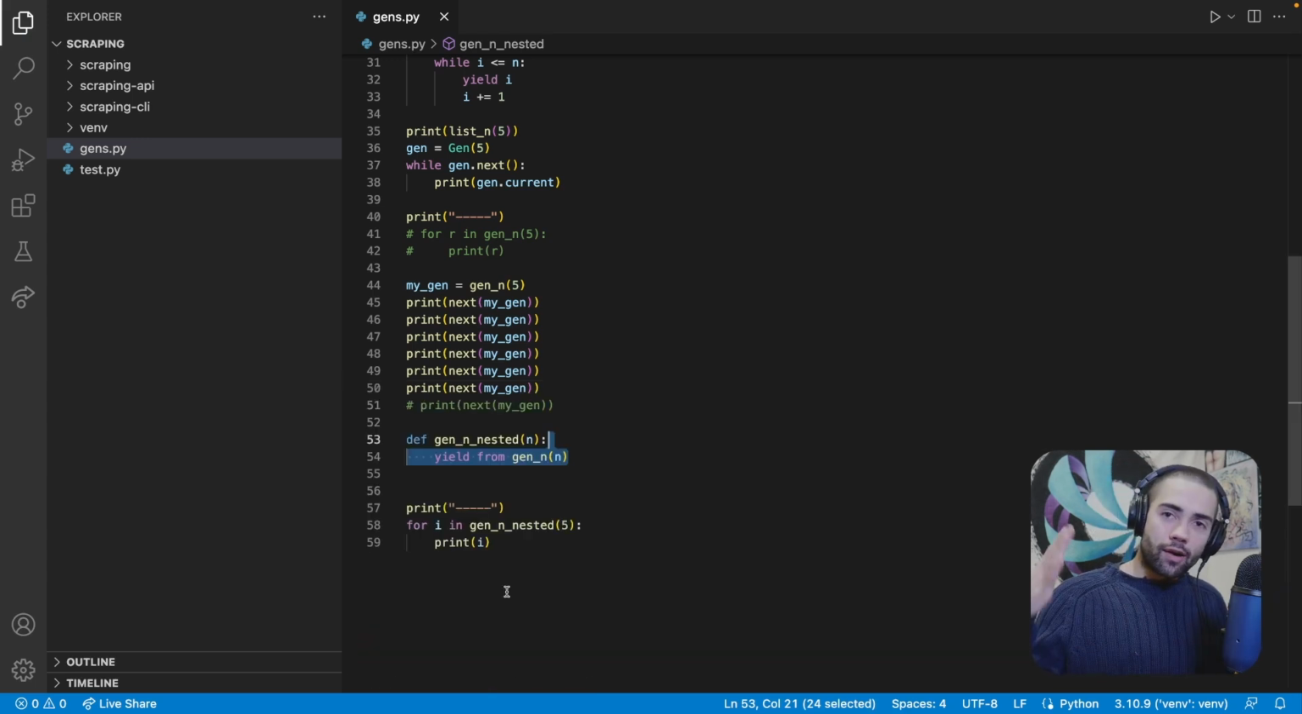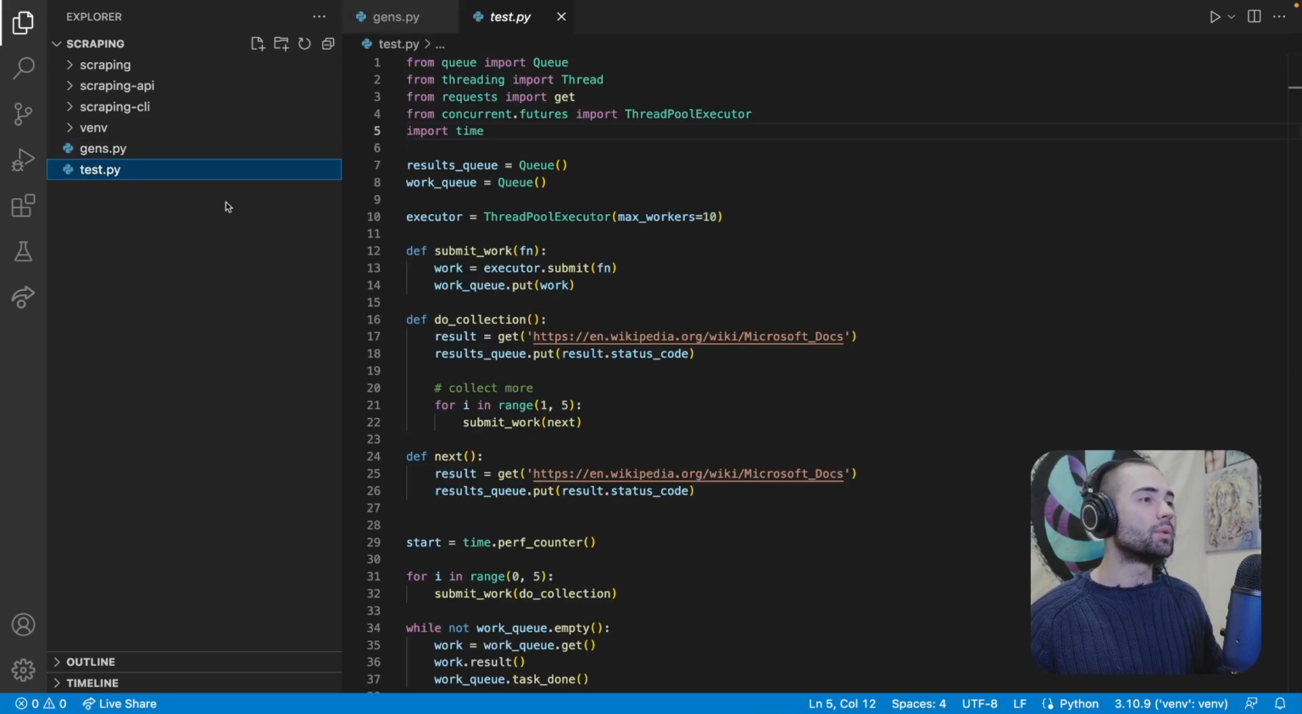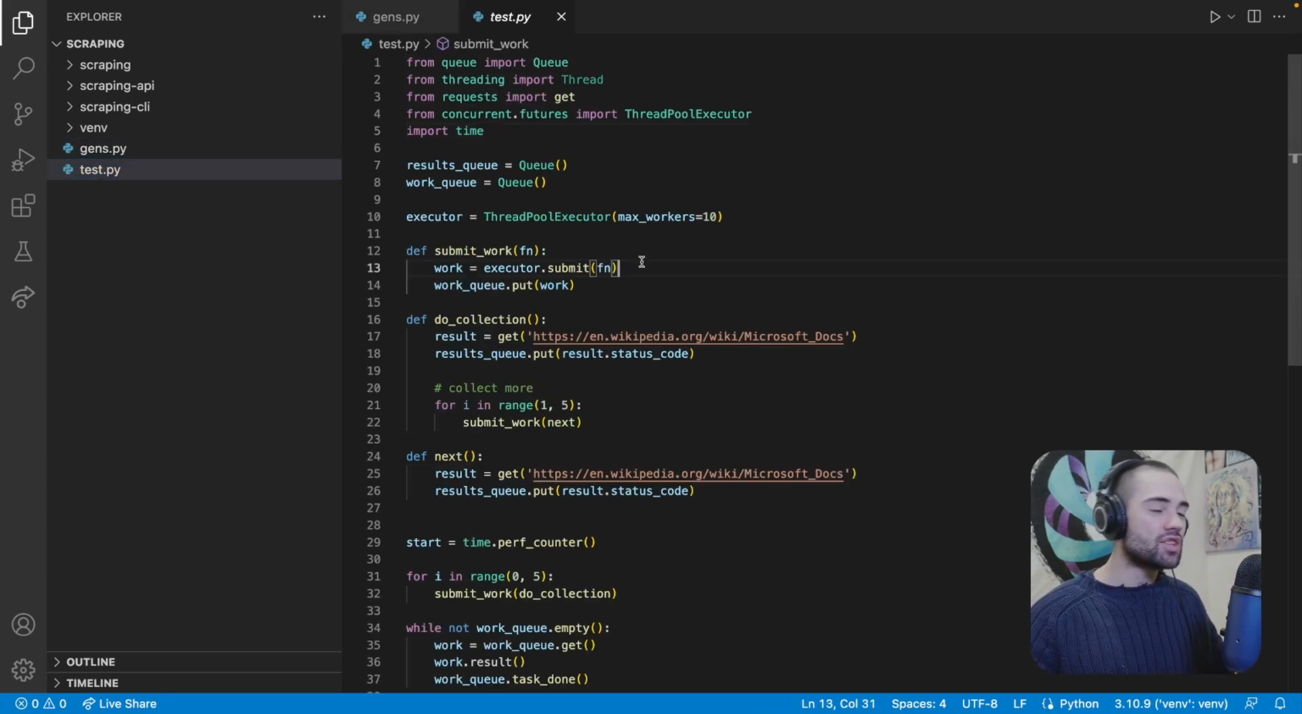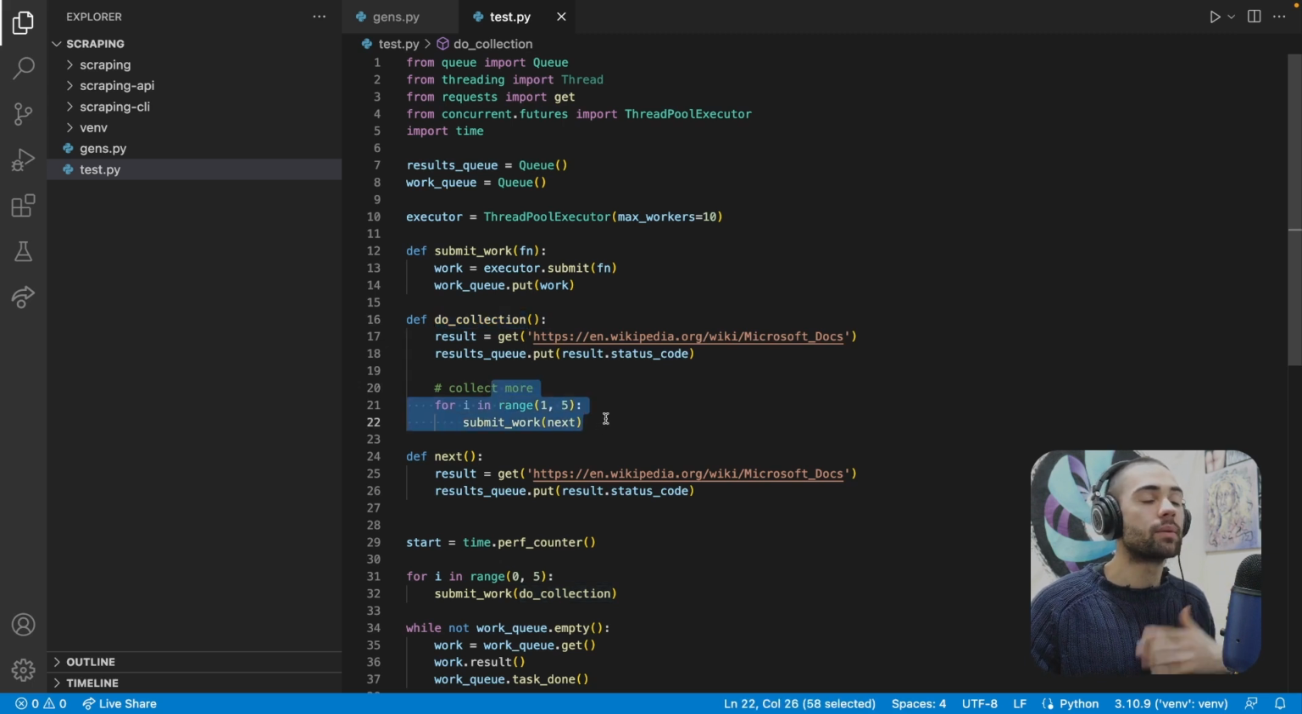Now that we are generation masters, let's go back to the previous concurrency asynchrony example that we had over here, and have a little reminder of what we have and what we're trying to fix. We have the thread pool executor to which we're submitting work through the submit work function. Now, if I highlight submit work, it is seen in a couple of places, including in our collection methods like doCollection, which is going to submit work for